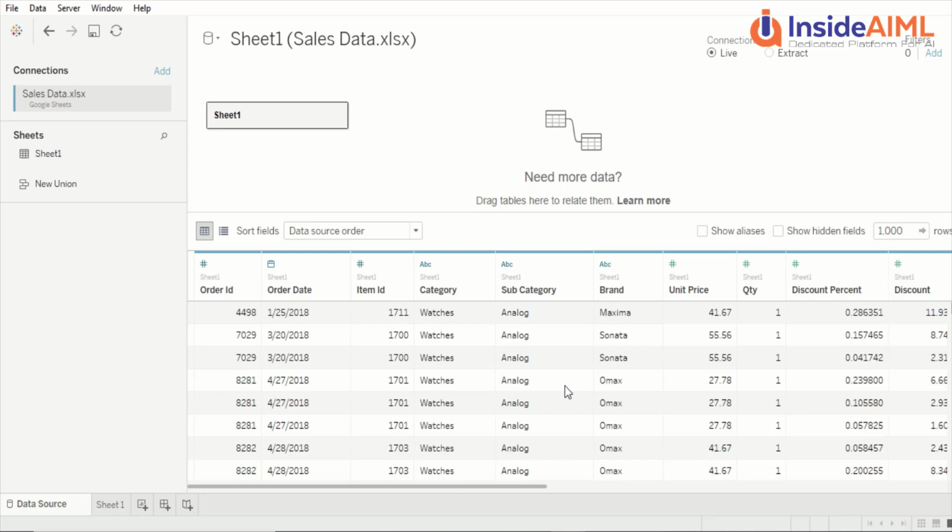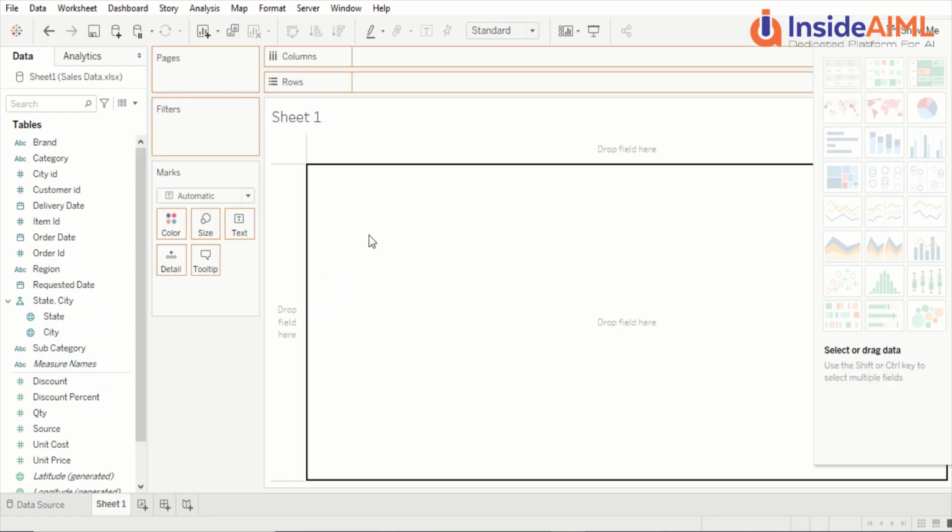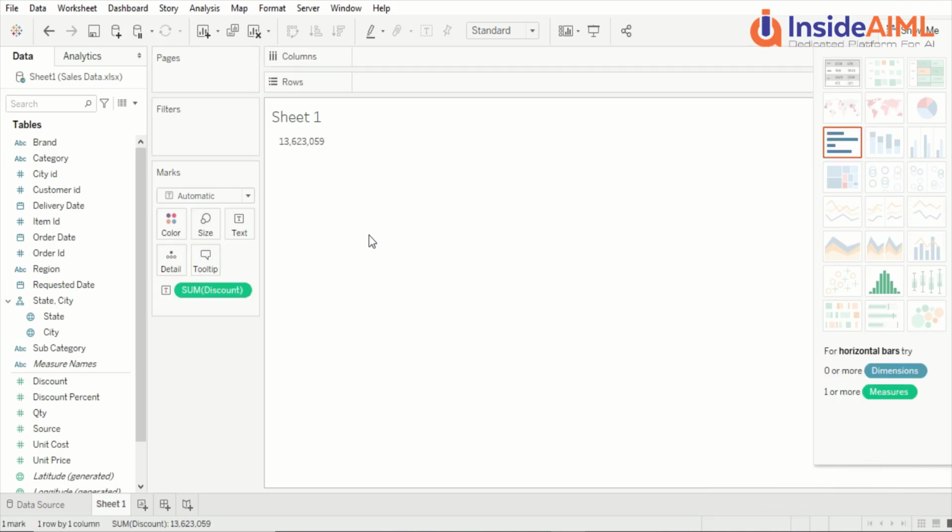Okay, Google Sheet we have seen, OneDrive, and let's see, this is our data model. We don't need to do anything. We can actually click here on the sheet 1 and drag, and we start working on it. Okay, so we can select discount, drag it here, and can analyze the data now. Okay, now if we feel the live connectivity is too slow, we can go to the extract one. But yes,